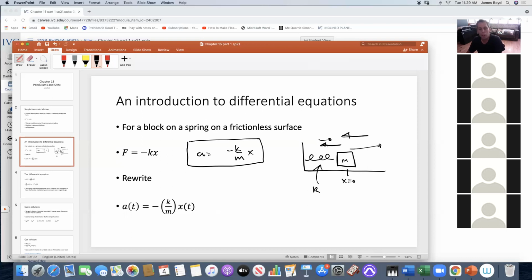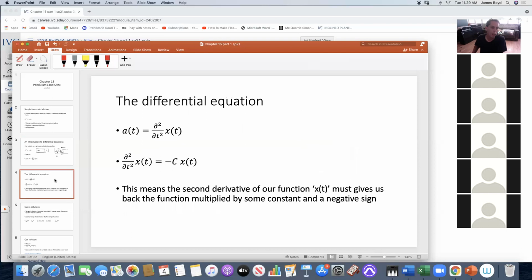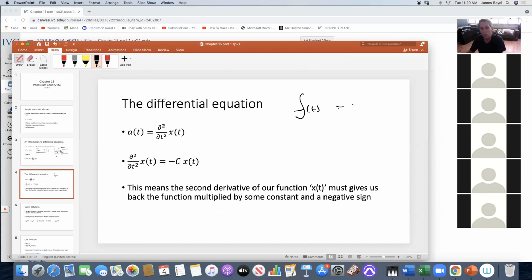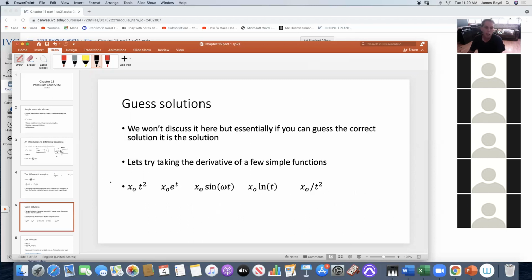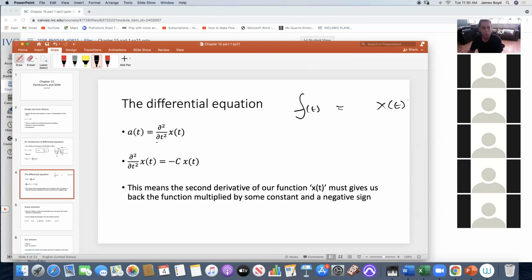If you look at it, a is actually the second derivative of x, the position function. So your function of t is what we call x of t. The acceleration is the second time derivative of that. And so what we're really saying is the second time derivative of the position is equal to a negative sign times some constant times the position function again. And that equation,